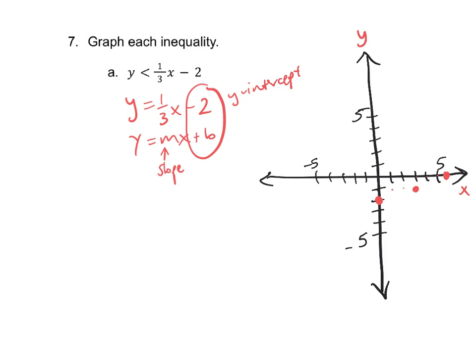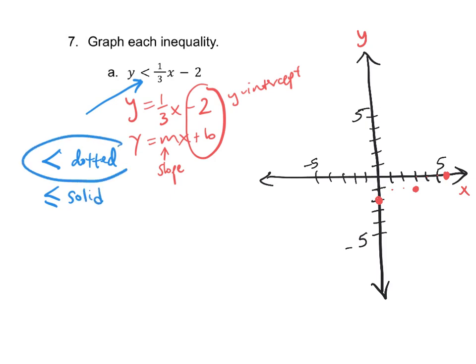Now, before we draw the line, we want to check and see what our inequality is. So because it's just less than, it's going to be a dotted line, meaning the line itself is not a solution. If it were less than or equal to, it would be a solid line. So we have a dotted line that's going to go through these points, or dashed line, with arrows on each side. Now to know which way to shade,